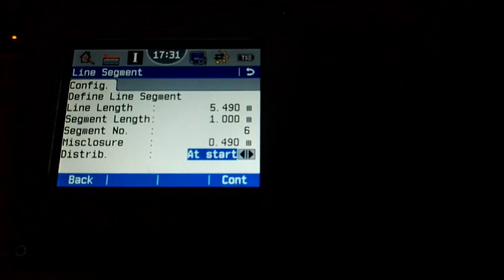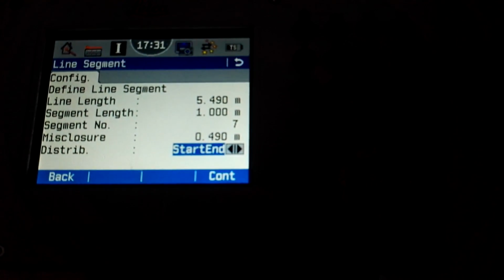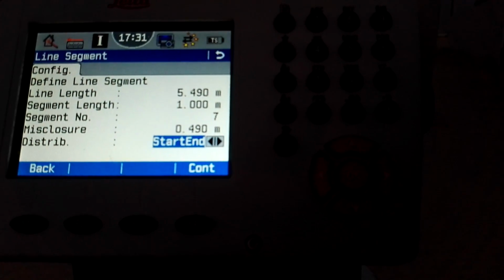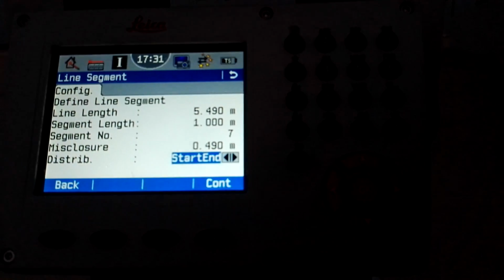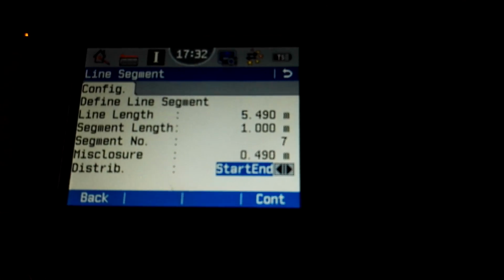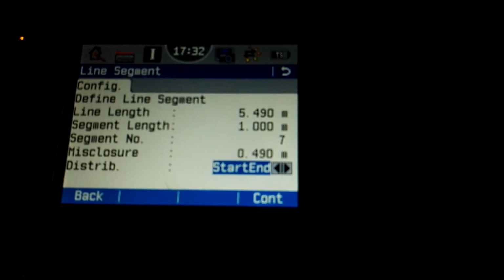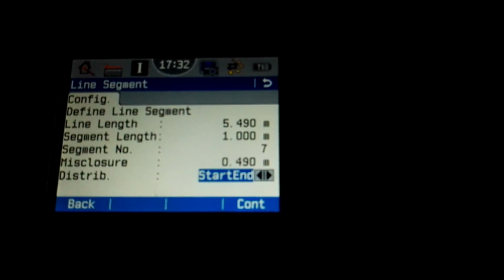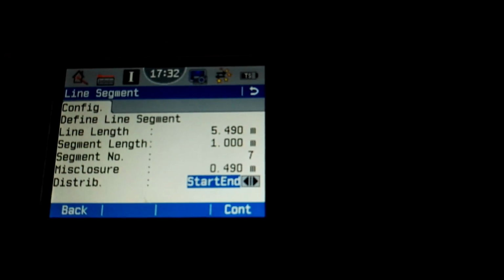Okay, and then I have one more option, this is the start and end. In this case, the instrument automatically changes the segment number to 7. So the first and start points are divided differently, but all other segments are equal to 1 meter.